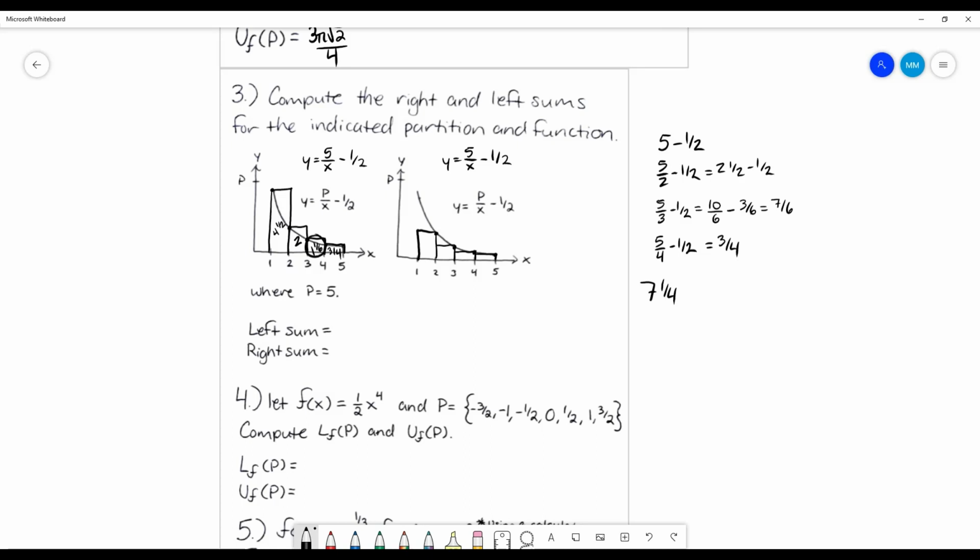And then we just have to add that 1 1/6. So it's going to be 8 1/4 plus 1/6. Let's find a common denominator. 8 3/12 plus 2/12. That's going to be 8 5/12. Okay. Now to do our right sum, which is the exact same thing, except now we're looking at the